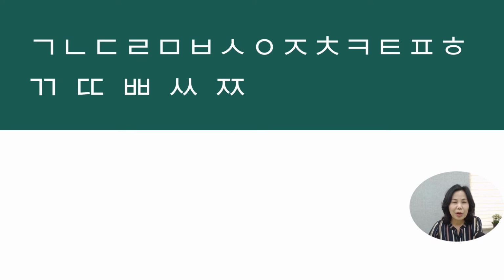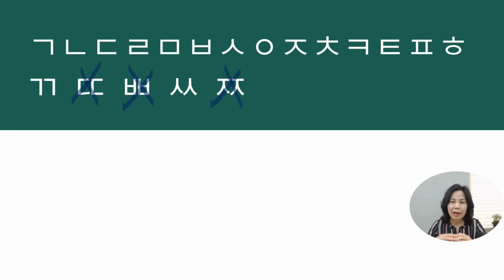Let's talk about the final consonants. In Korean, the initial consonants are used again as finals. And here you can see the whole 19 consonants. Except the tense ㄸ, ㅃ, and ㅉ, we use the rest 16 as the final consonants. This is a very practical and efficient way, as it allows us to create many syllables without creating new consonants.